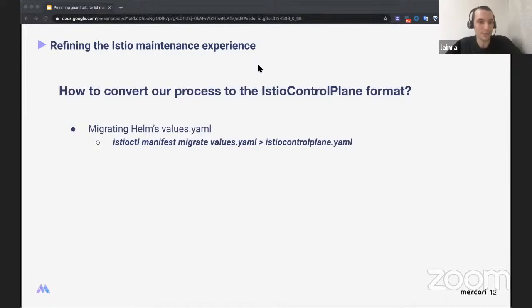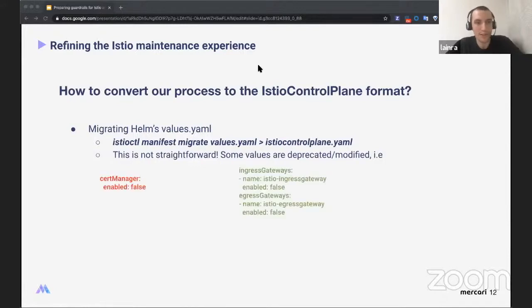So in input, it takes the values.yaml from Helm and it outputs an Istio control plane YAML file. And then it's not really straightforward, because between versions of Istio, there are some values that are deprecated or modified. So for example, what we had is like the cert manager is not in the same place as before, we had to remove it, or the gateways are defined differently than previously, and you have to change the way they are